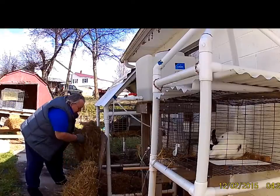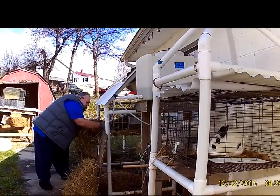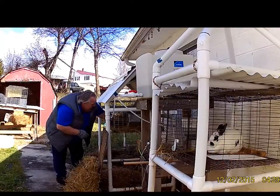You snuck up on me. I am going to give my rabbits some hay so they'll stay a bit warmer. The weather's a little cool out. Sunny, beautiful day today, but the temperature's down. Anyway,